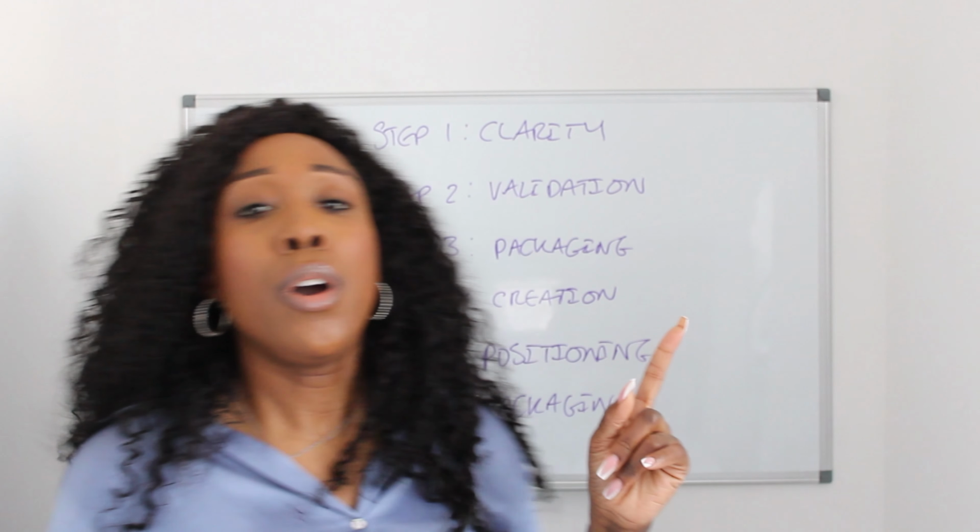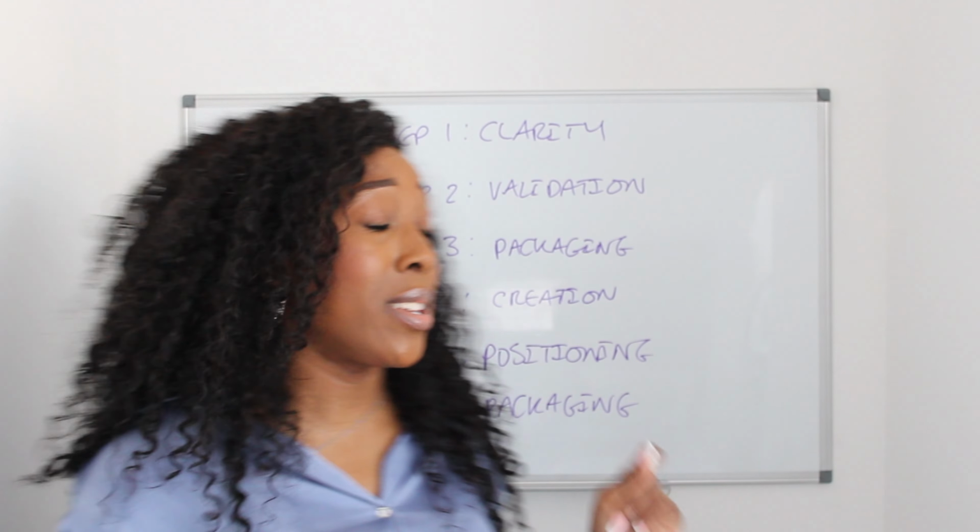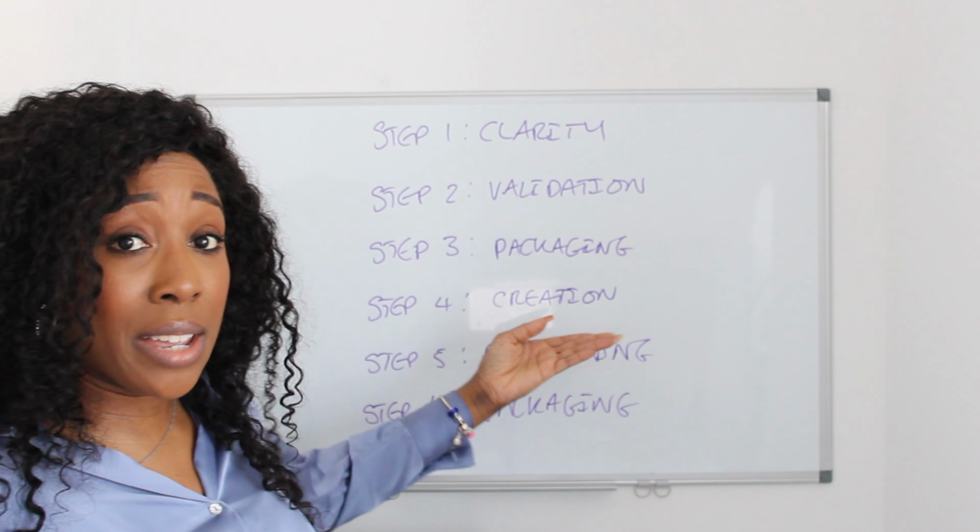Step three now, you're going to choose your format. We spoke about this in the packaging. What suits your ideal client persona or your target audience best? What kind of packaging, what format? Is it an ebook? Is it a guide? Is it a course, a workshop, a journal? What suits them? And then the next thing you're going to do, step four, is you're going to start your 5-day build. You're going to start creating. You're going to do it in 5 days. Write it down right now.